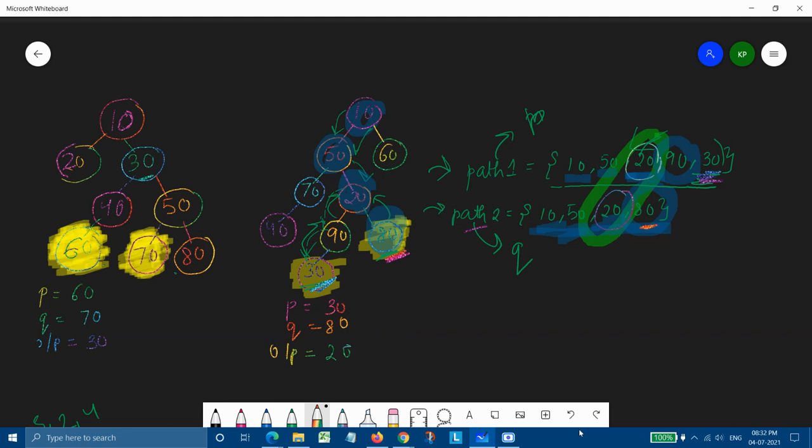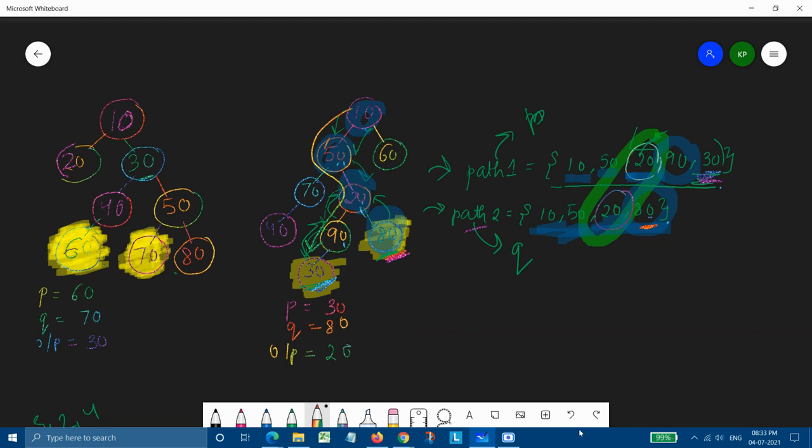We simply store all the nodes which go till our first node, that is P, into this array. That is 10, 50, 20, 90, and 30. And for the 80, that is path 2, from the root: 10, 50, 20, and 80.